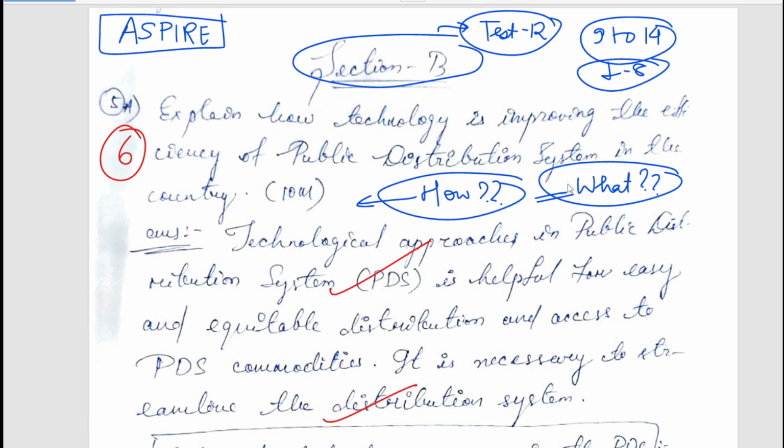So if you are having a problem of conceptual clarity, you are not knowing the facts, you are not knowing about the topics, you can first refer to them, and then you can analyze these types of copies. So that could be very helpful to you. Okay, so let's start. So the first question is